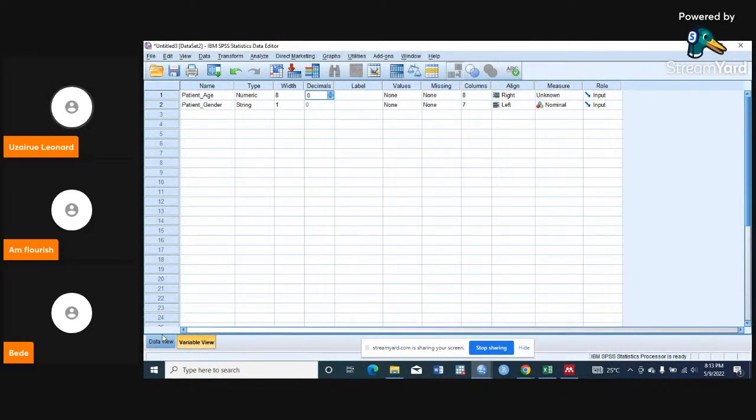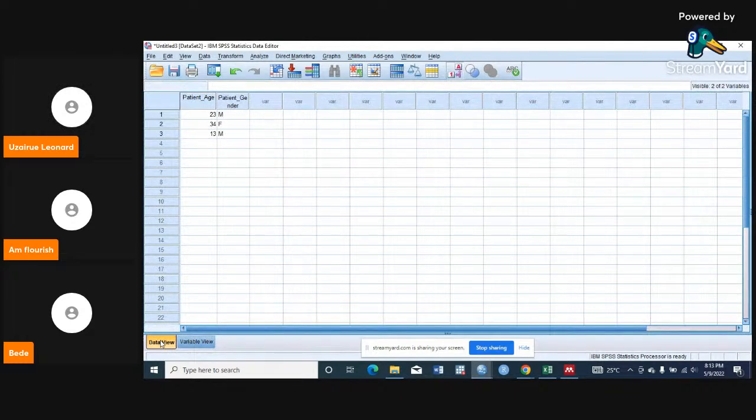So if I come back and I change it, you can see that there is no decimal there. So that is that. Now, this is one way, like I said, that you can use to bring in your data, if the data are just few and do not require so much. But if you are dealing with data that are quite many, that are plenty, what you do then is